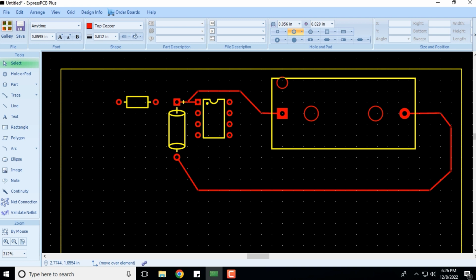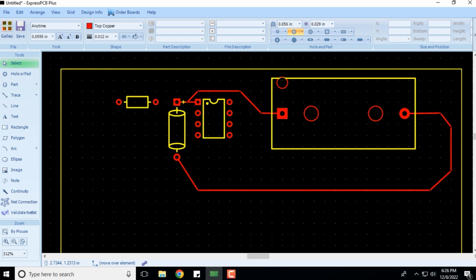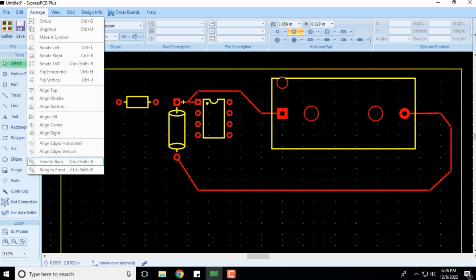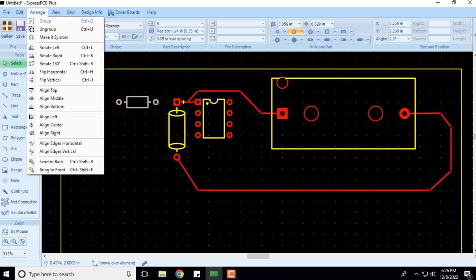So this is how we are drawing the PCB, and of course, whilst this is only the initial aspect, the objective is to explain to you all the different functions that are included as part of the